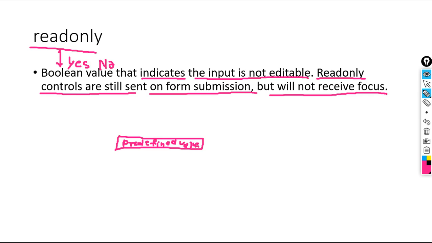Now we need to understand where we use such types of input control elements where the user cannot edit the input control element's value. Suppose there is one scholarship form and that scholarship form is for a particular college. Let's say the name of the college is City College.